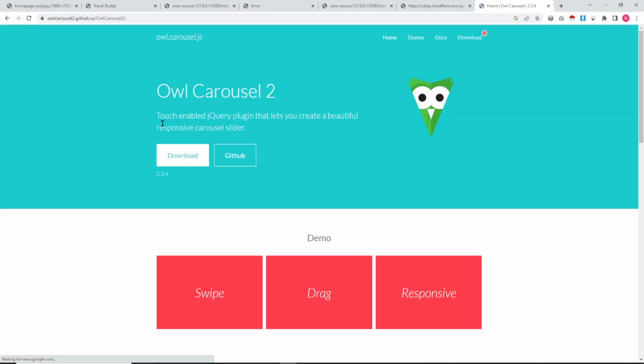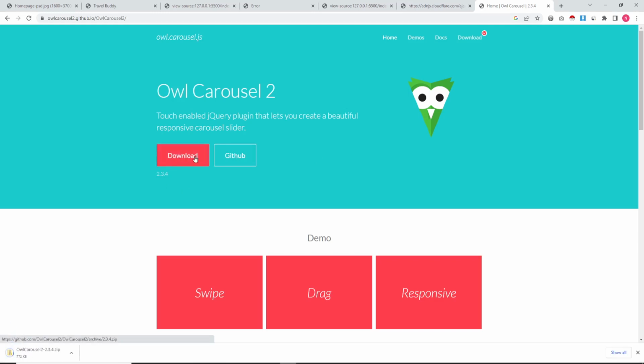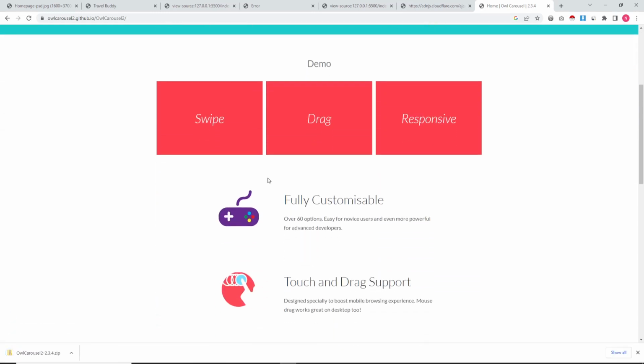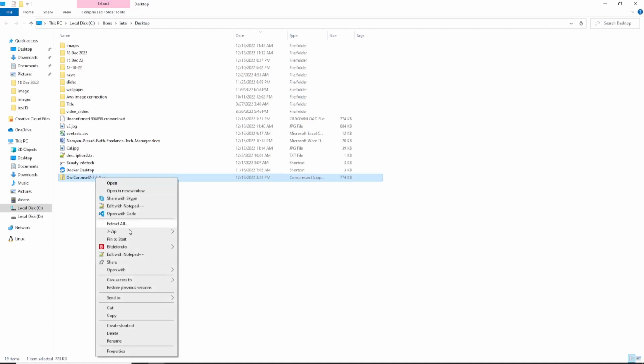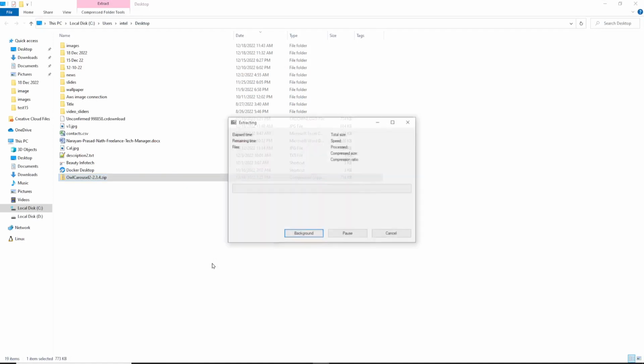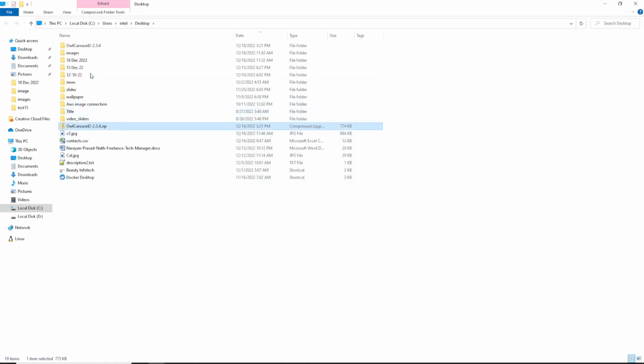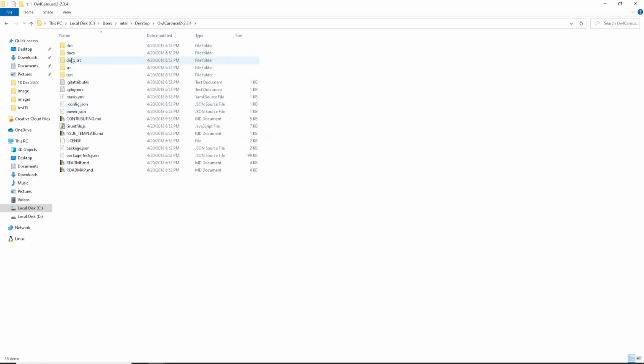Find this page on GitHub, then download it, it is free. After downloading, extract the file and then you will find some demos here,